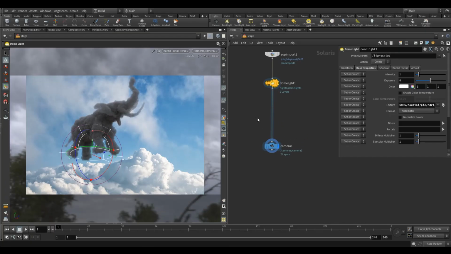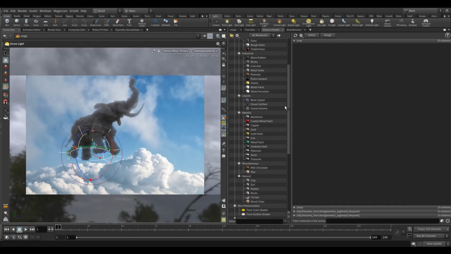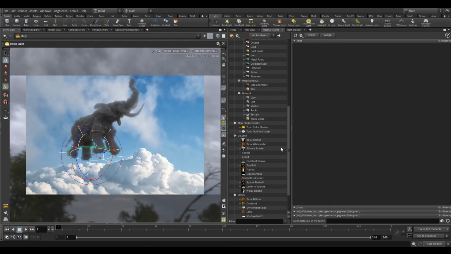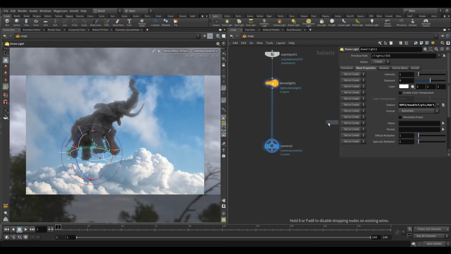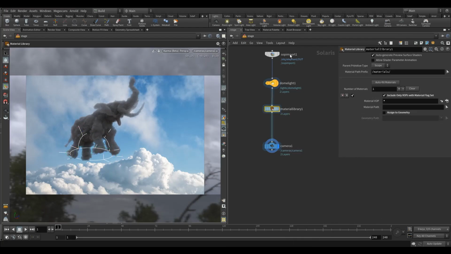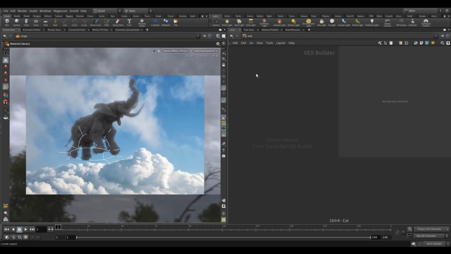Okay, we need a material. So we will go into the material palette here and then go down to basic smoke, bring that over. We'll not put it here, so we just need to make a material library. So this material palette is connected with the matte context here, so yeah, it'll be here. But you can just copy that or Control X, grab that from there,